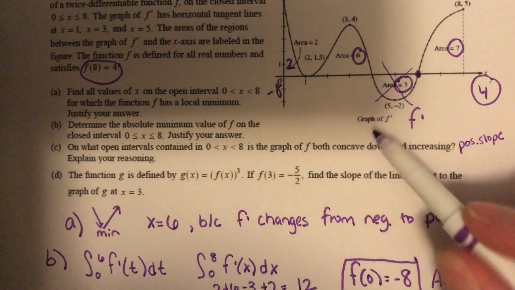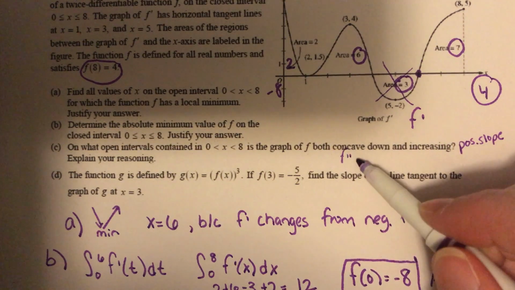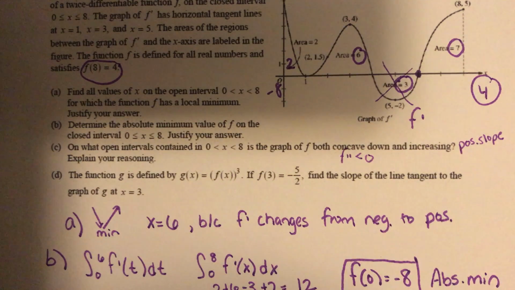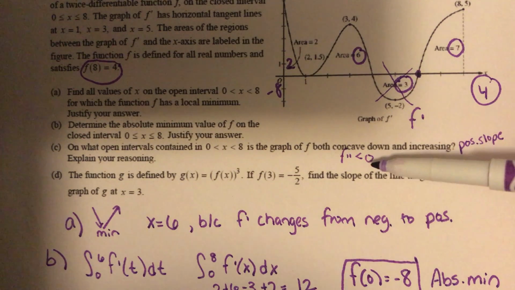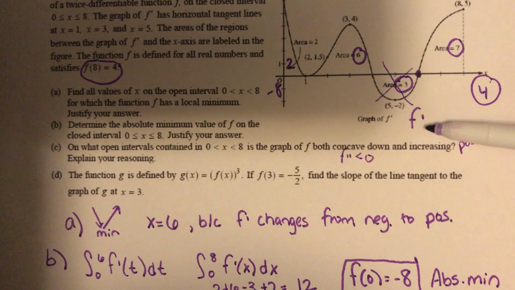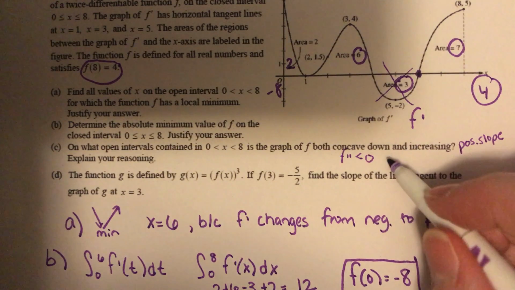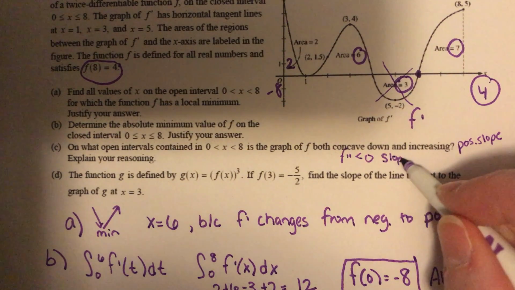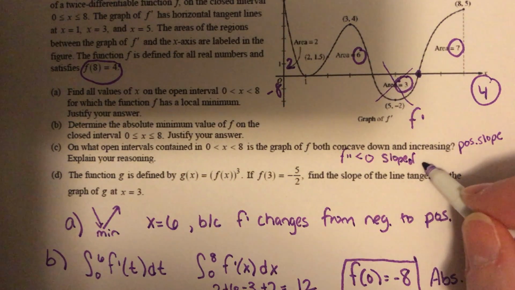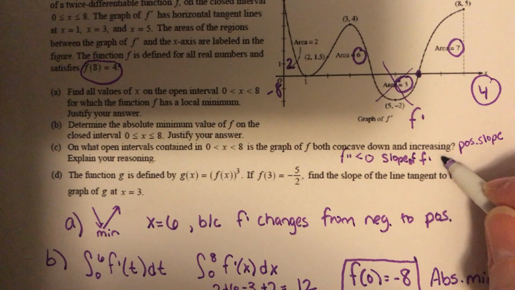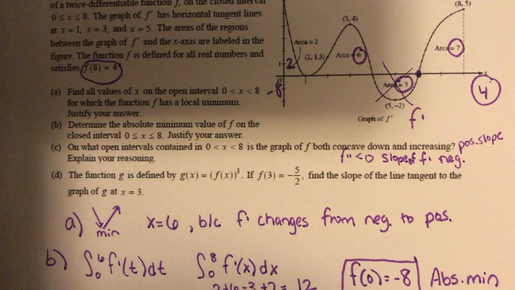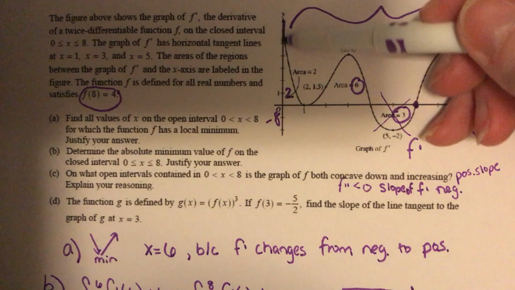So far, the slope is positive everywhere except for here. Concave down, right? That's the second derivative. That's where the second derivative is negative. So if this is a graph of the first derivative and I want the second derivative, what I would do is take the derivative again, or find the slope of the derivative. So second derivative is negative. That's where your slope of f prime is negative. So where do I have a negative slope? Right here